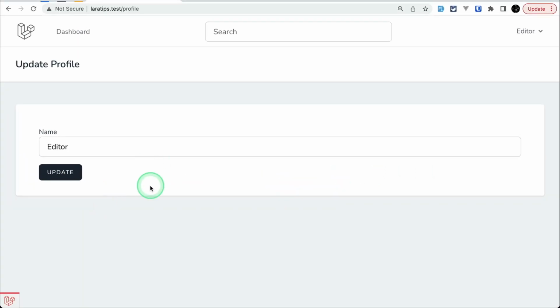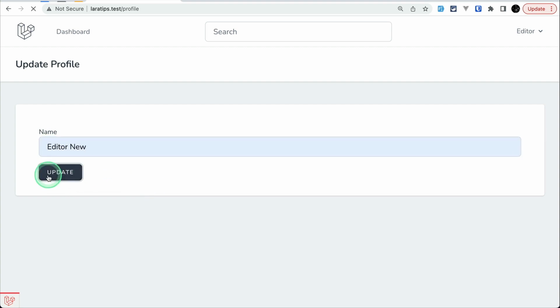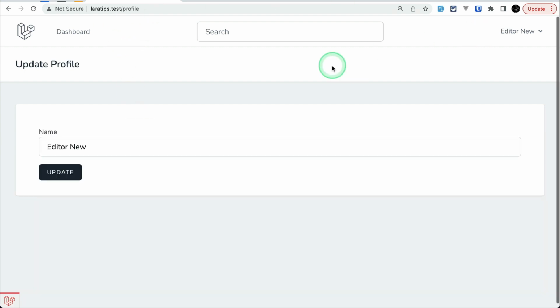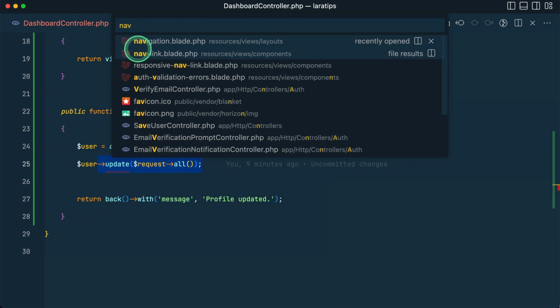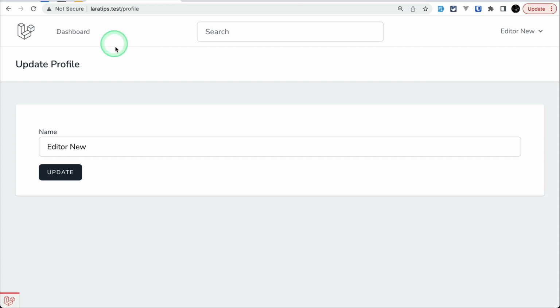So let me do it as a normal user. If I say editor new like this and hit update, then you can see here profile updated and everything is working perfectly fine. Also, let me show you one thing over here in the navigation. Here, nav navigation, and let me show you that over here. Here I have this users navigation menu. If the user is admin, then only the user can see the users navigation bar over here, otherwise they cannot see it. So currently the user is not an admin, so he or she will not be able to see that